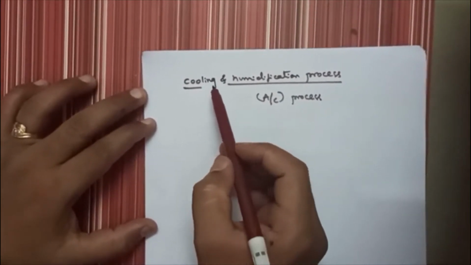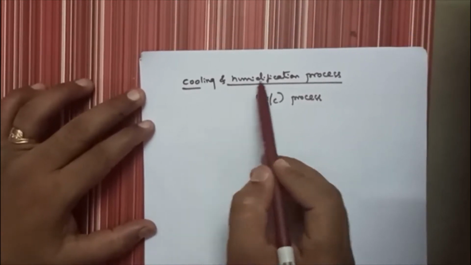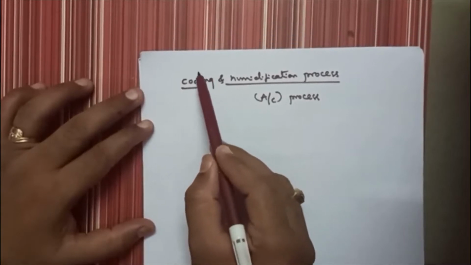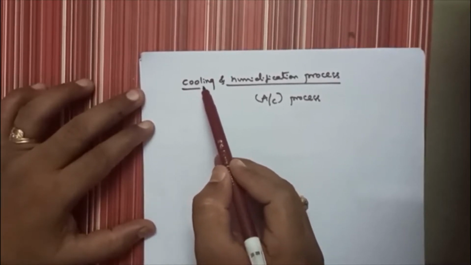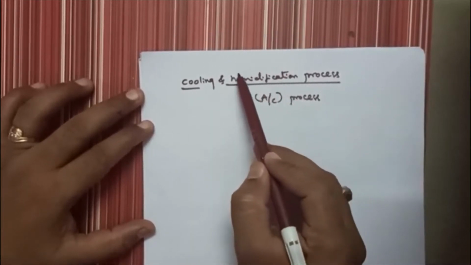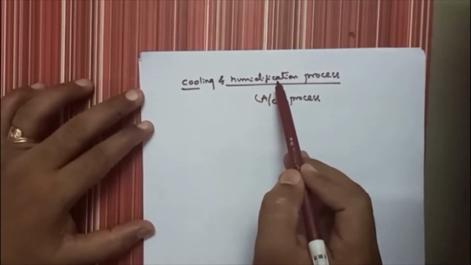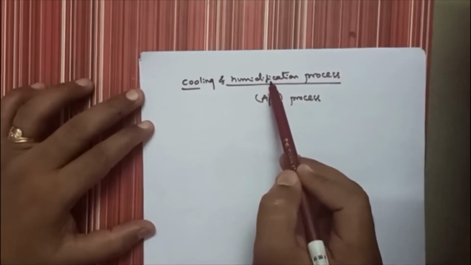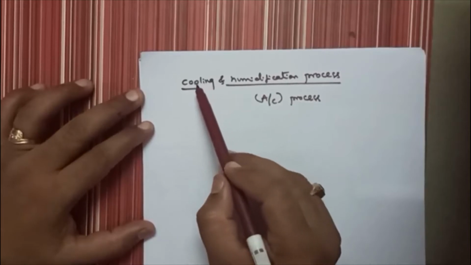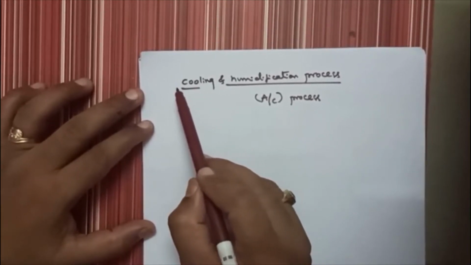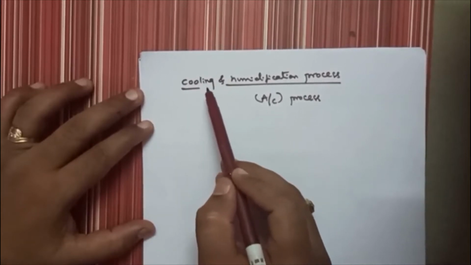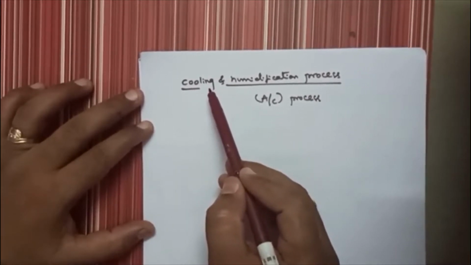So to understand the concept clearly, the cooling and humidification, first you need to understand what is cooling and a representation of cooling process on psychrometric chart. Similarly, you need to understand humidification and representation of this process on psychrometric chart. The representation and concept of sensible cooling and cooling both are the same. The concept of cooling and humidification we already studied in the previous video lectures.